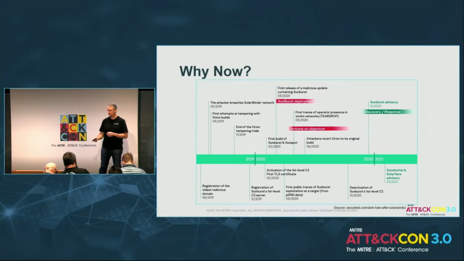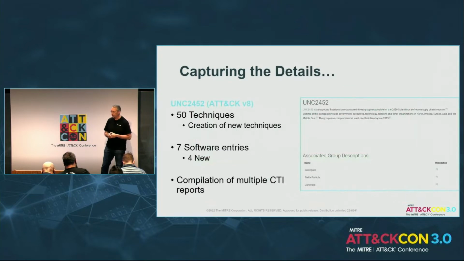From an attack perspective, we were trying to focus on as much of the CTI reporting that was coming out, collecting it, analyzing it, and then trying to map the techniques related to it. We created a new group entry because that was our best avenue at the time. We created UNC 2452 and started mapping attack techniques.